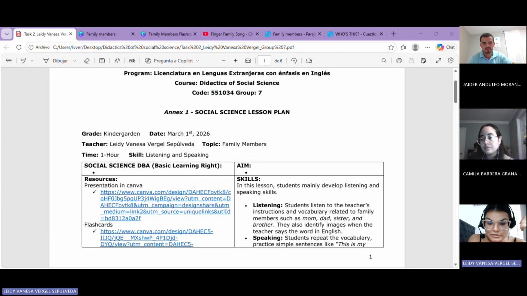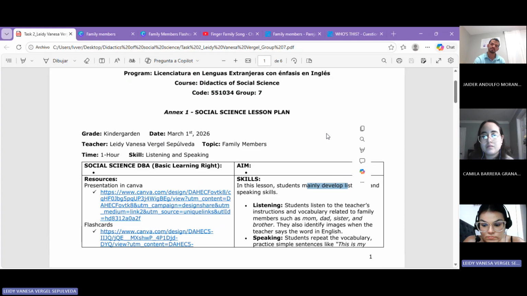At this age, children learn better through visual support, repetition, and interaction rather than abstract explanations. And also because they are very young and not familiar with English, it is important to use simple materials and simple instructions. For example, the slides,